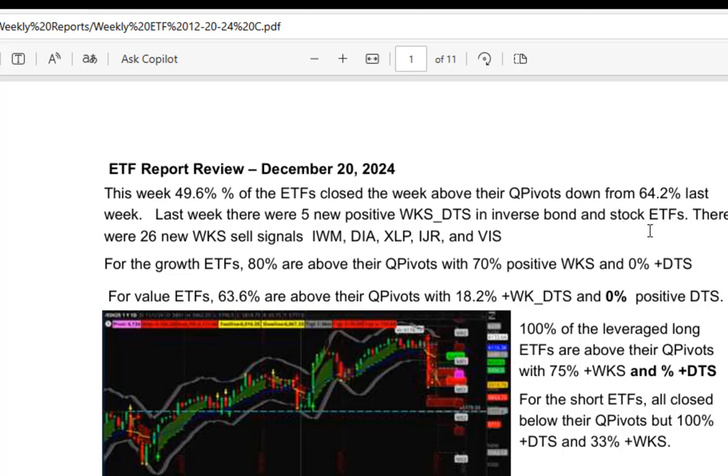26 new sell signals in everything from the Russell, Diamond, XLP, and VIS, which is the Vanguard industrials rather. For growth, 80% are above their quarter pivots with 70% positive weekly, but 0% positive daily. Value, only 18.2%. Of course, value was hit the hardest last week, and 0 positive DTS that way also. So, leveraged longs are still holding up pretty good, but the short ETFs have generated 100% daily signals, and also are